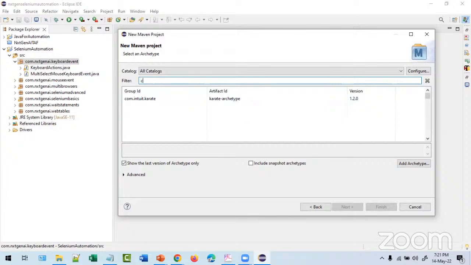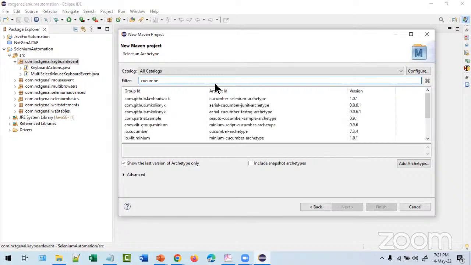What about Cucumber? They will also use Maven. See here, we have the Cucumber Selenium archetype. Mostly we will use this one or this one. So in simple words, if we are going to learn Cucumber or Karate framework, that is API testing, every project will use Maven.